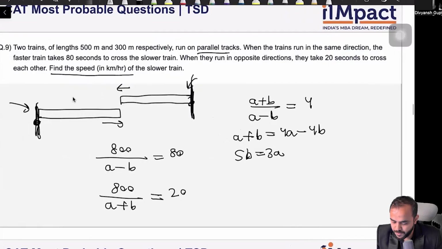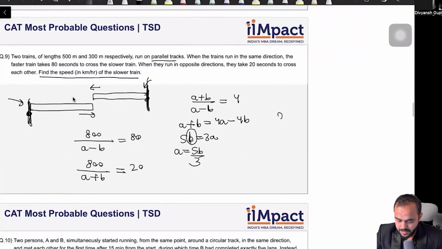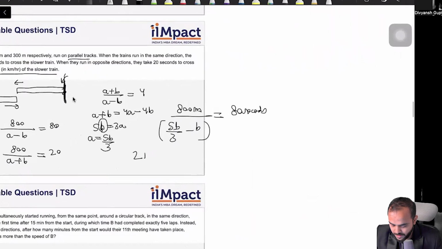Now we have to find the speed of the slower train, which is going to be b. So I have a is equal to 5b by 3. So I can do that now. 800 meters divided by a, which is 5b by 3, minus b is equal to 80 seconds. So I will get 2b by 3 is equal to 10 seconds, 10 meter per second, or b is equal to 15